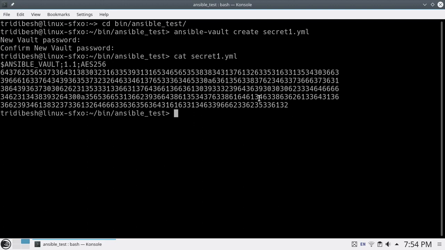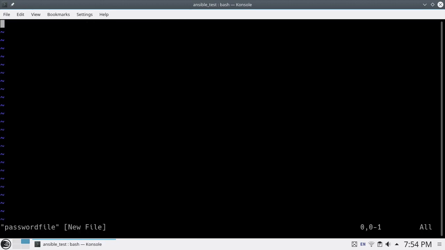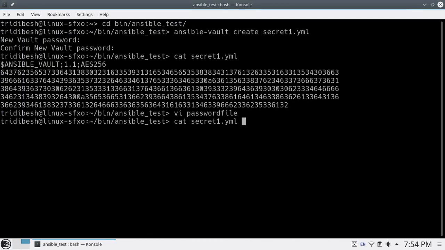Also, instead of entering the password interactively, you can create a password file. There you give a password like welcome@123. Now when you are creating this secret file, let me put secret2 and put --vault-password-file equals password file.